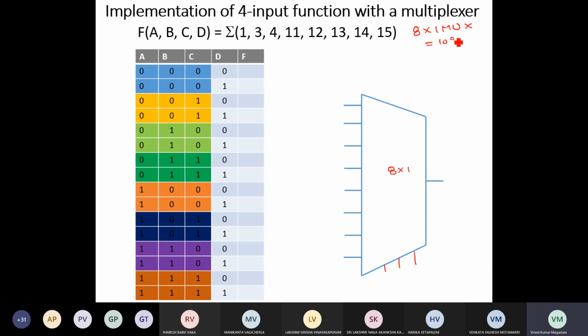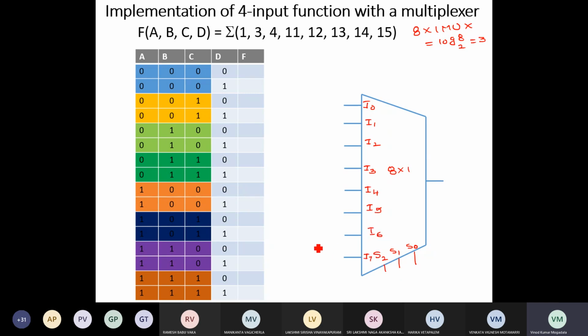It is log 8 to the base 2, that is equal to 3. So we'll have only 3 selection lines, S2, S1, S0. And here we'll have 8 inputs: I0, I1, I2, I3, I4, I5, I6, I7.